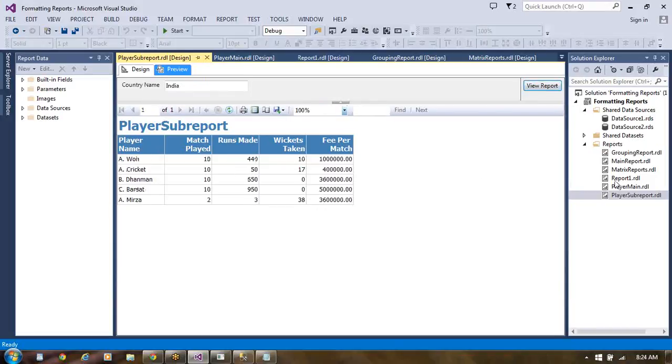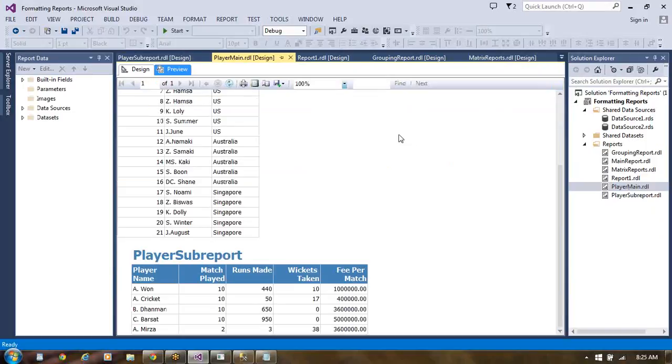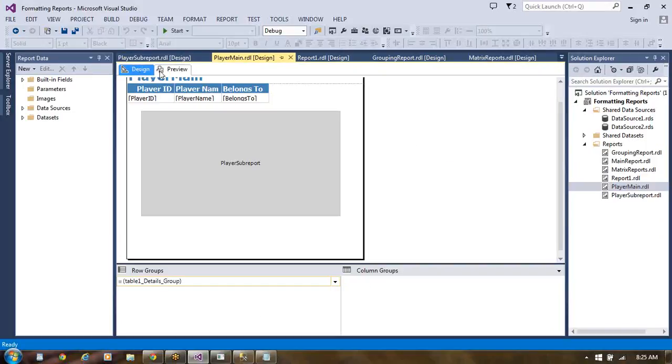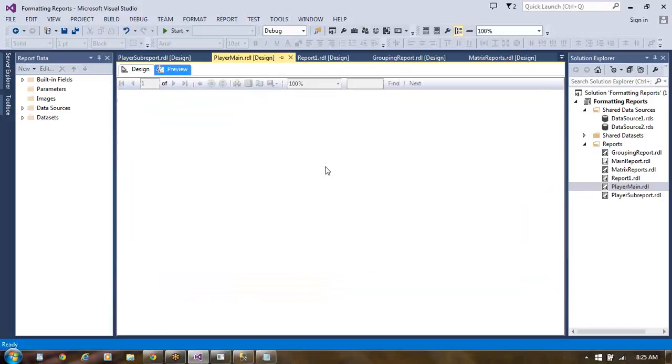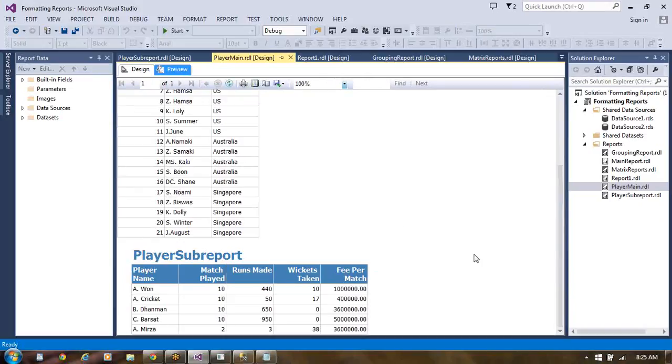But whenever we come into this particular report here, main report.rdl, not matrix, this is player main. So in the player main, it is showing all the data for us. We come into design, we come into preview. Since we have taken here a parameter, only whatever first data is coming, with that data it's shown for us here. In the bottom of the sub report, we are going to get data like that. Okay, so it is showing data in this manner. Even for this, if you pass a parameter, according to that in the sub report, you can get data.